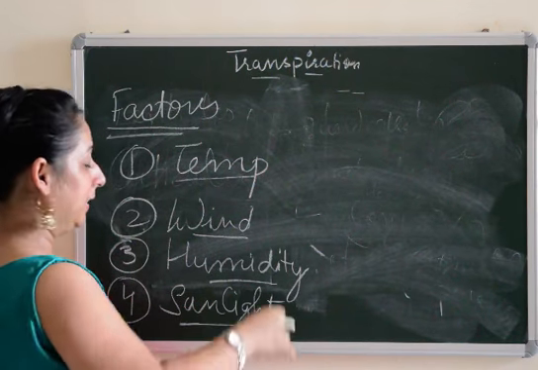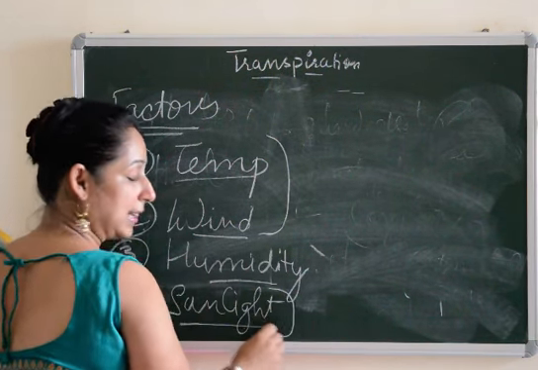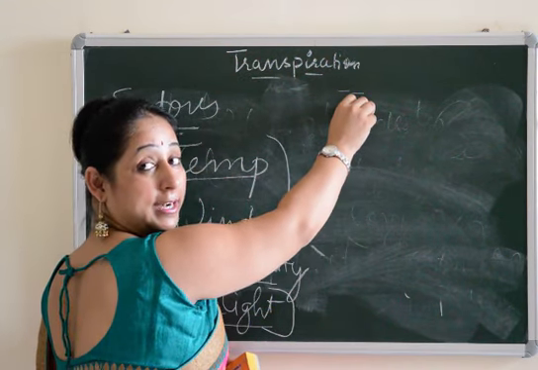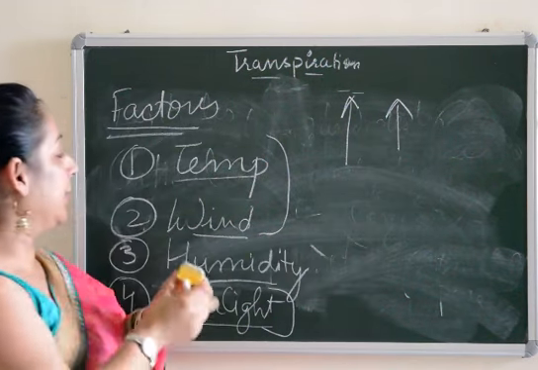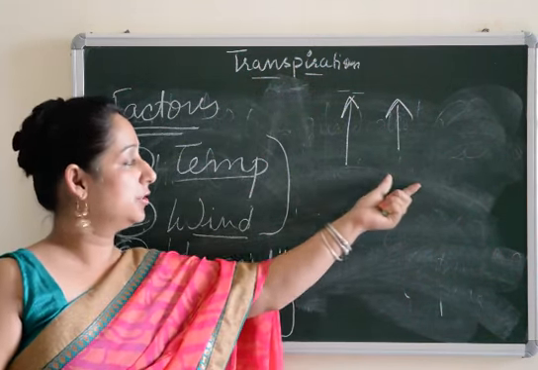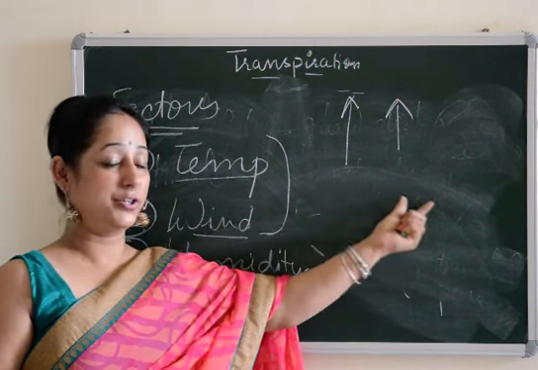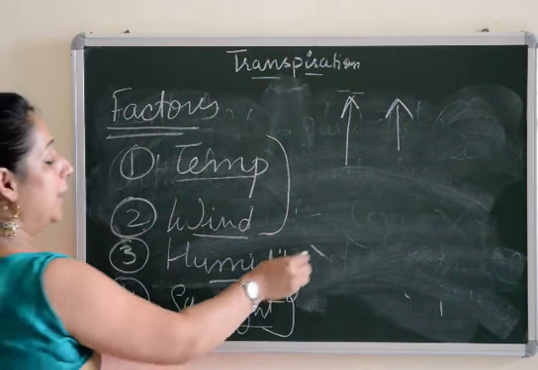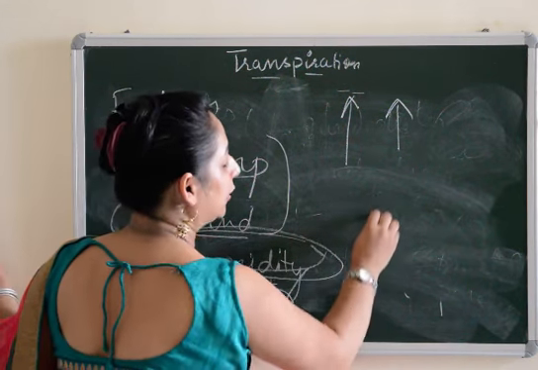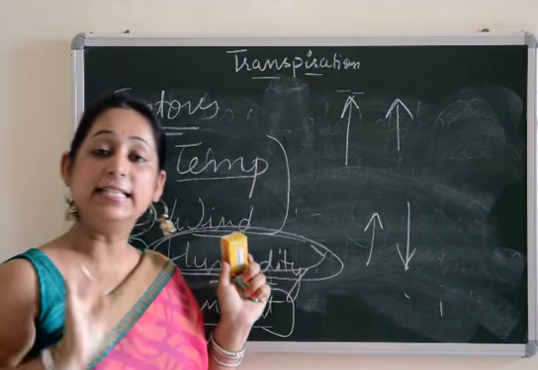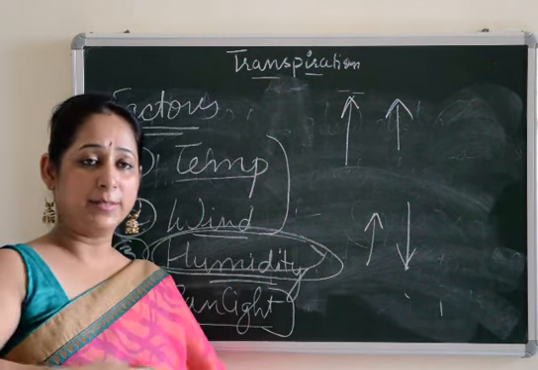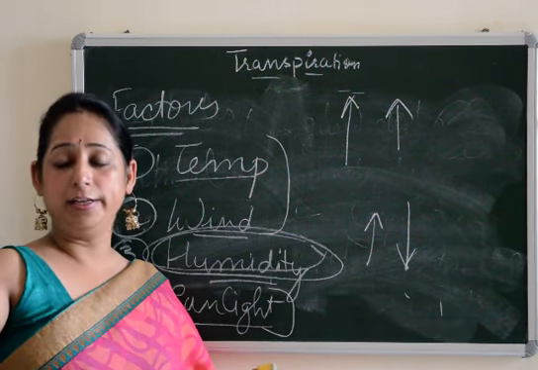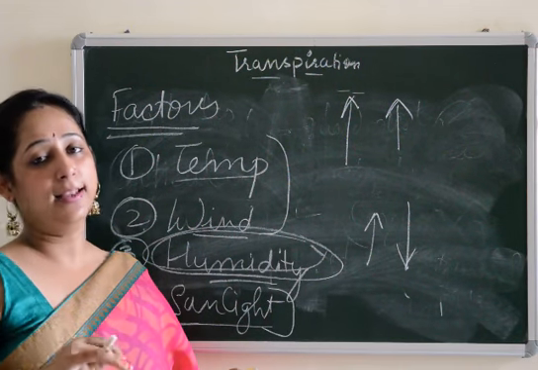Now I'll explain. Temperature, wind, and sunlight, three of them, they increase the rate of transpiration. That is, if temperature increases, rate of transpiration increases. If wind is more, rate of transpiration is more. If sunlight is more, rate of transpiration is more. But if humidity is more, rate of transpiration decreases. Okay, rate of transpiration decreases with the increase in humidity, and it increases with the decrease in humidity, that is